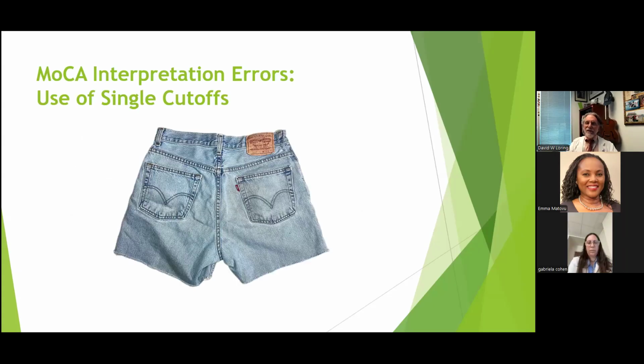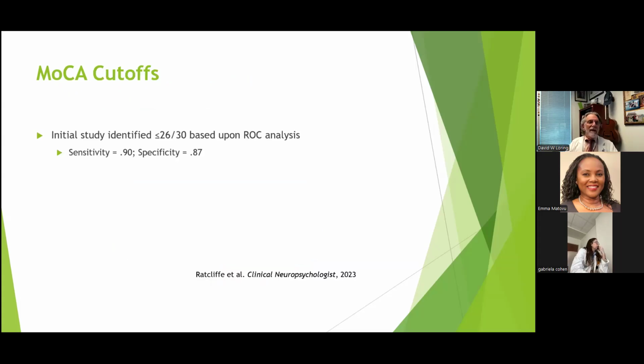So let's turn over to interpretation, and specifically the over-reliance on a single cutoff score. I'm a neuropsychologist, and I think cutoffs only belong at the beach, but certainly they're widely used in terms of our assessments. The 26 out of 30 cutoff has become so embedded in clinical practice that many providers treat it as a bright line or ultimate reality. Either you're above it or below it, so you're either cognitively normal or cognitively impaired. I think the reality of the situation is really quite different from that.